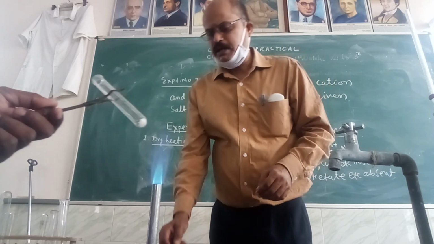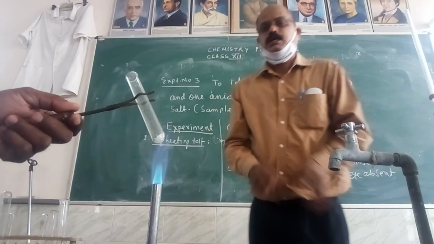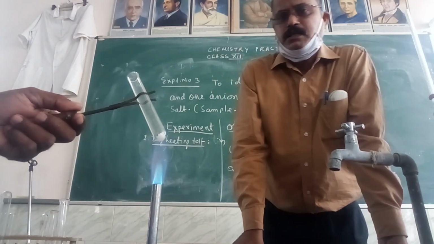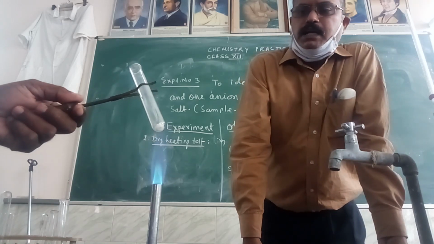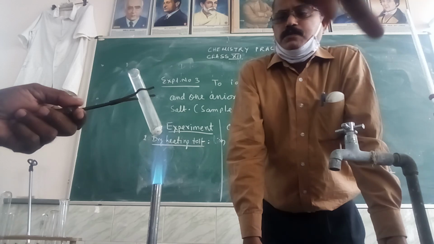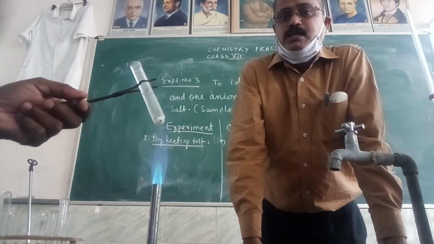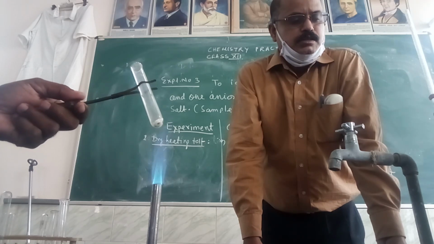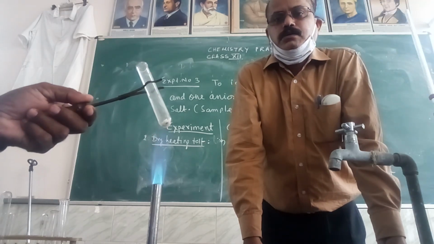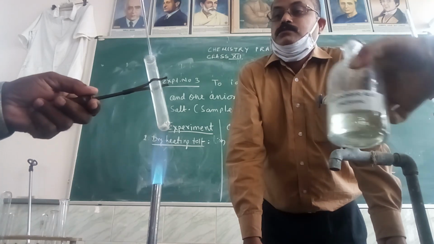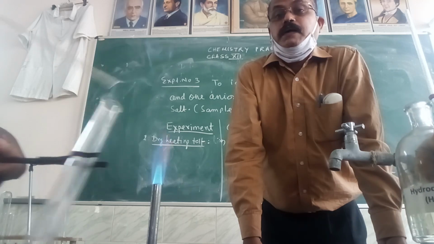Okay, so now we are doing it. We have taken a pinch of salt in a test tube and we are heating it in an oxidizing flame. You can observe a colorless gas evolves from it. A colorless gas is coming out from the test tube. And then immediately take a glass rod dipped in conc. HCl, and see what happens. You can see dense white fumes.